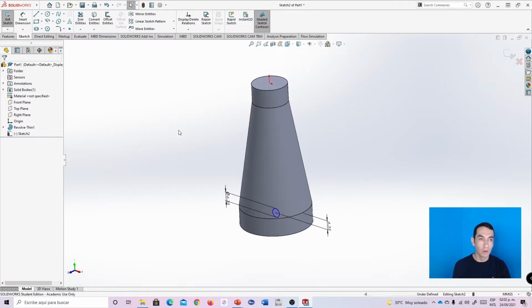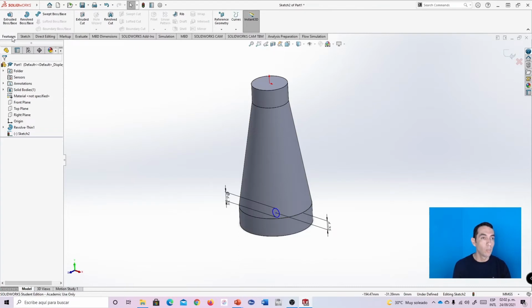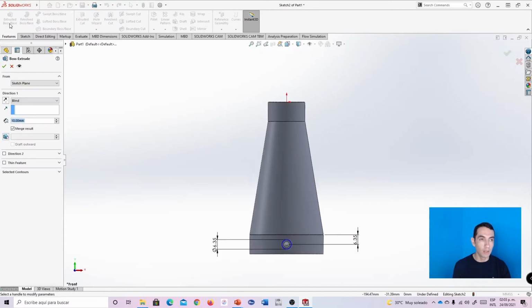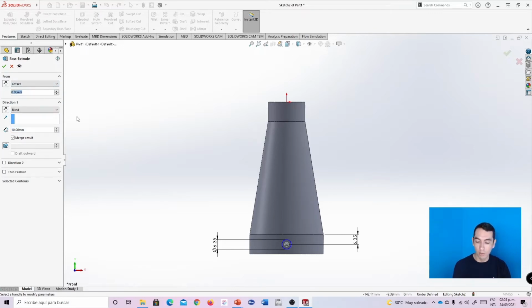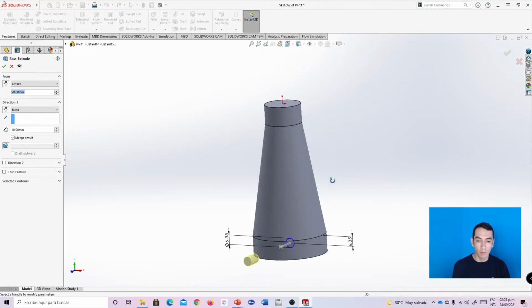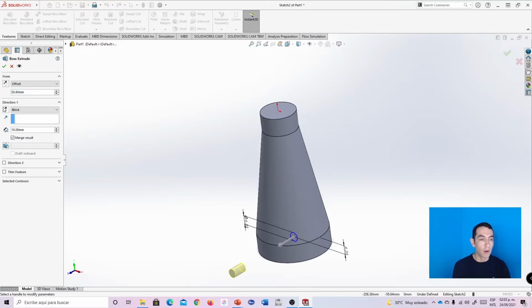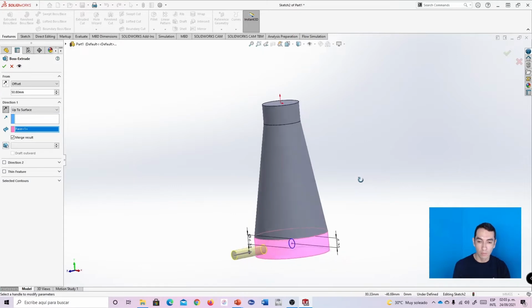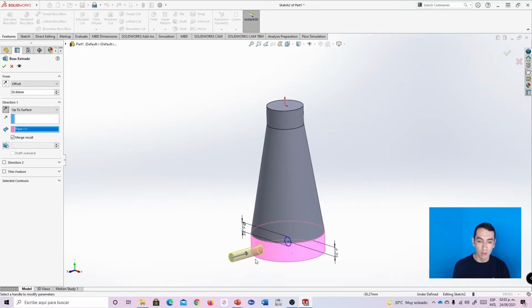Now we have to use the extruded boss base operation. I will click here, and from the list I will select offset, and maybe I can use 2 inches in the value. Okay, and in the direction 1 section I will select up to surface, and I will select this surface. There you go. I think 2 inches is enough for this pipe,